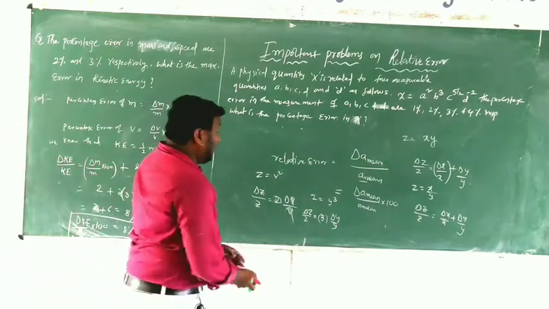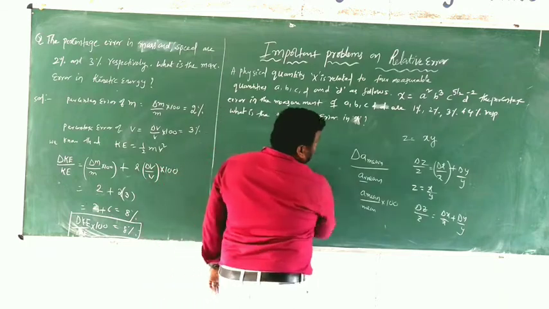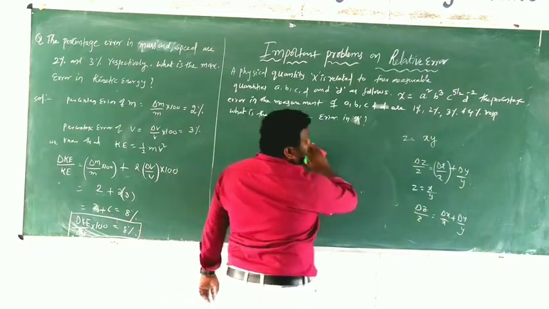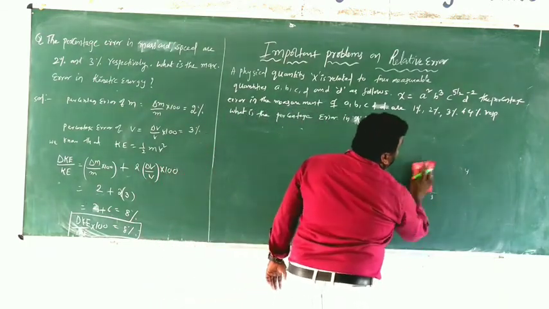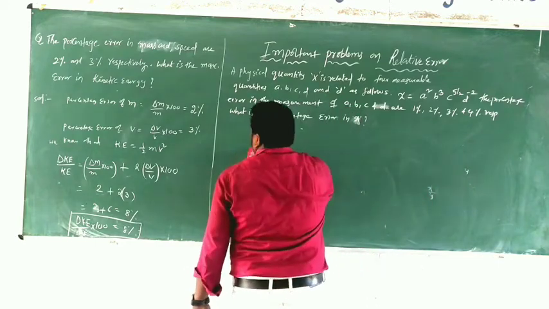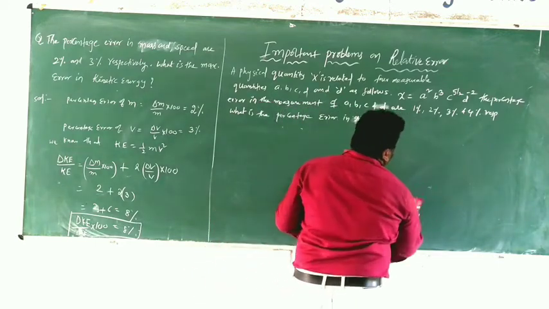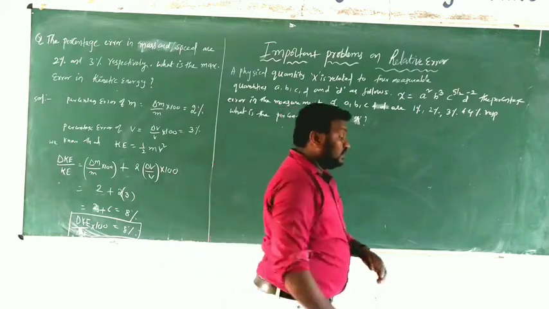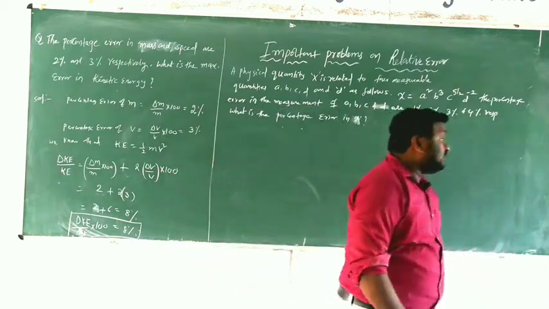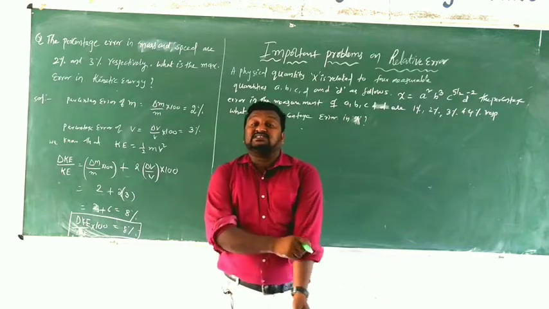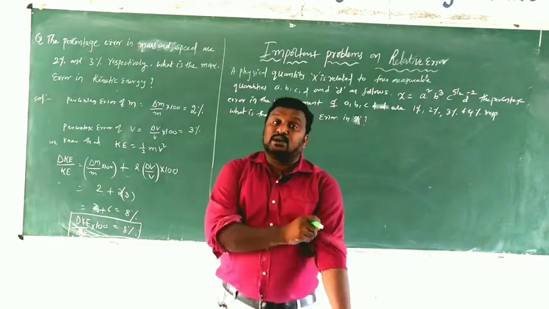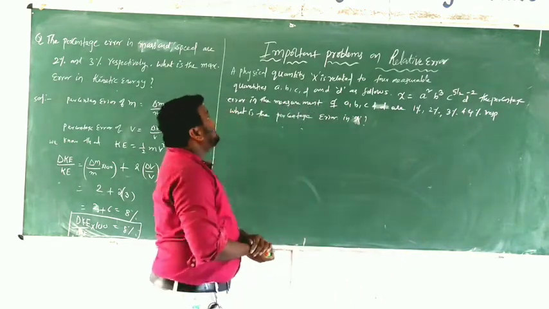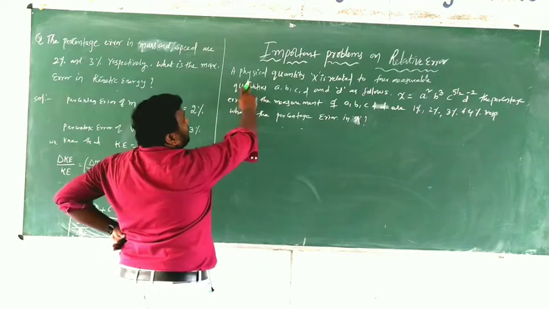And now we have another formula. Again, by using the same relations, we are going to do another formula. I already explained the formulas very clearly in the first problem, so that's why I am going directly to the second problem. This is another most important problem for 4 marks in IPE examinations. 4 marks problem.